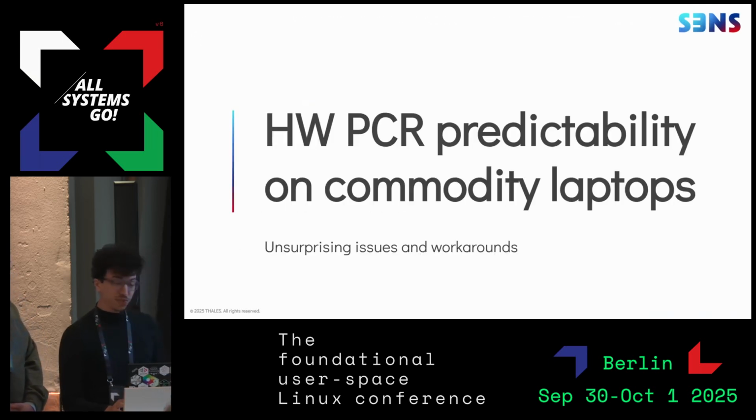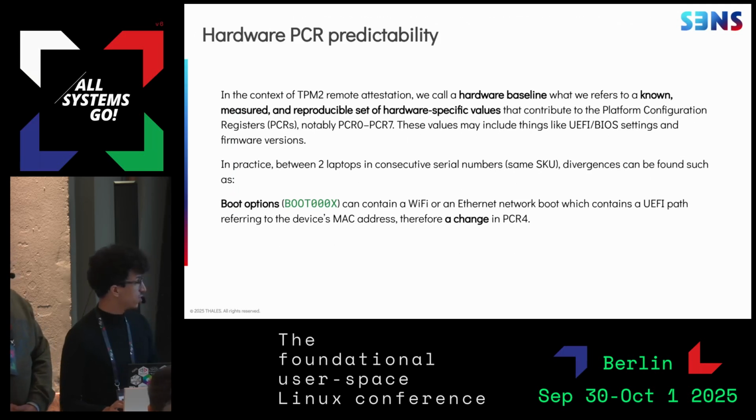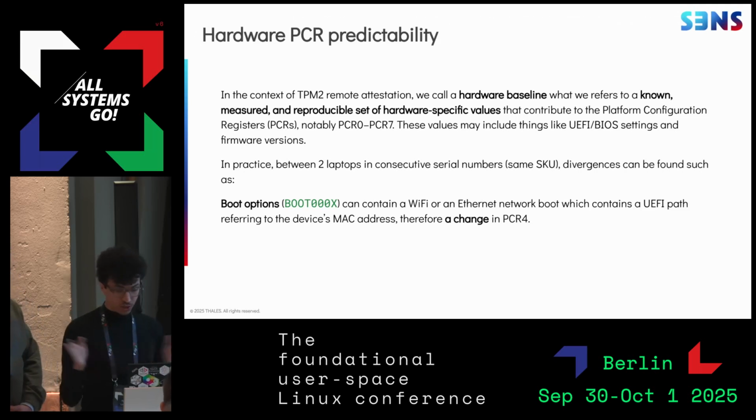Another big problem is hardware PCR predictability. So we all want to use TPM2, remote attestation, encryption, locking against PCRs and so on, but how much can you lock on actual hardware PCRs today? The answer is we did the thing that we explained in the introduction, taking a baseline. We know these values. We want to verify they're stable across boots. But we are more interested in whether they're stable across consecutive serial numbers of the same family of laptop. So we buy two laptops. They're consecutive in the manufacturing process, and we look at their PCR lock dashboard,